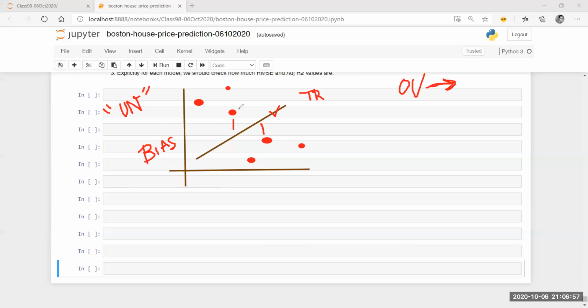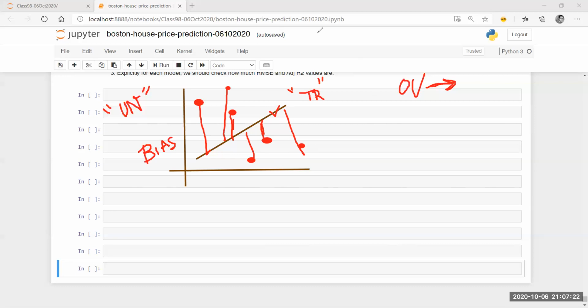So in this case, I have a lot of error when it comes to part of the training data. My total error for this model, let's say it is something like this, something like this, and something like this. So the total error of this model is very high. So I can say this model is biased.